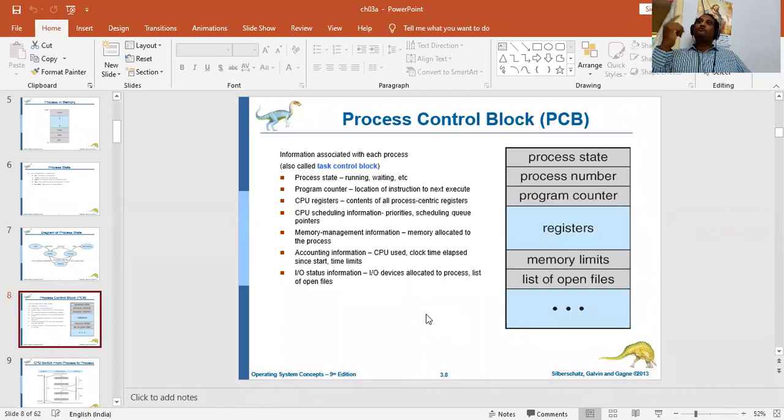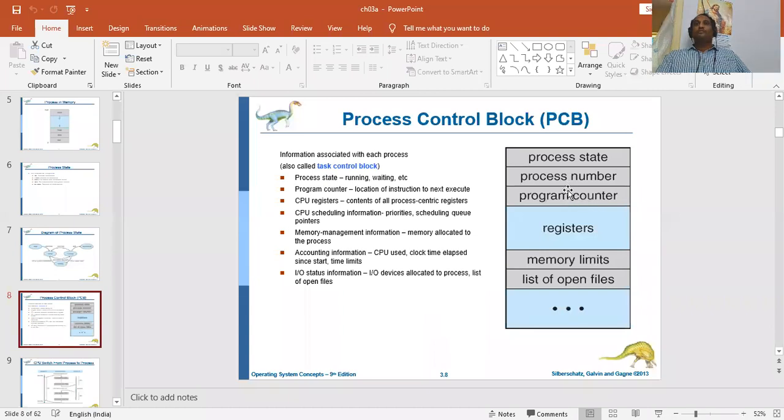However many times I move from the first page to the second page and from the second page back to the first page again, I'll get back the details which I have filled. Every time I'll get back the details which I have already filled. That getting back of details can be done by using the process number and program counter.